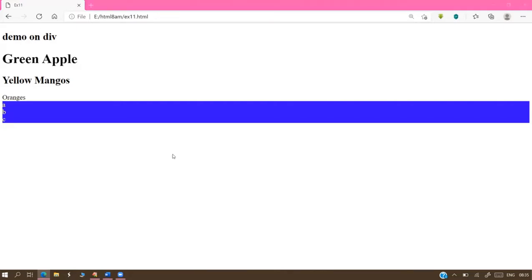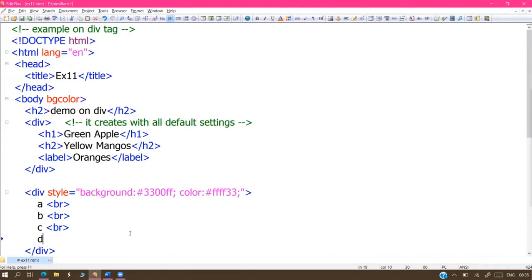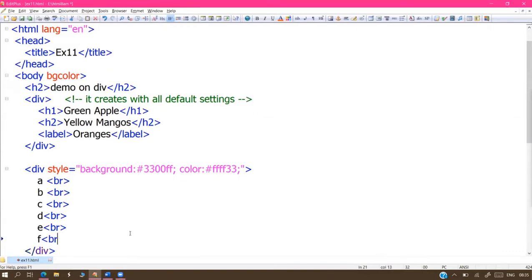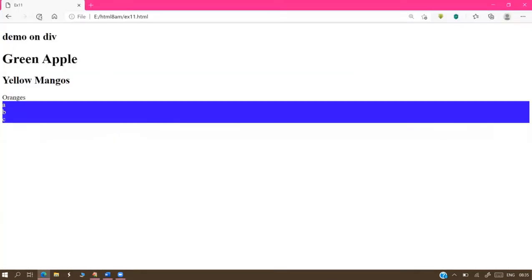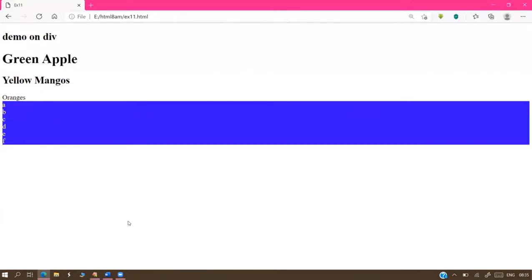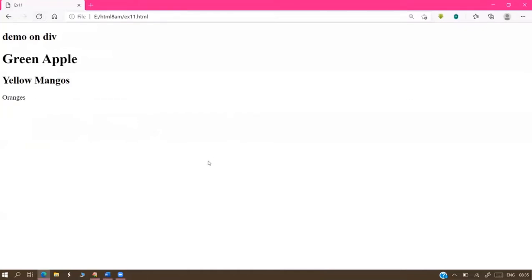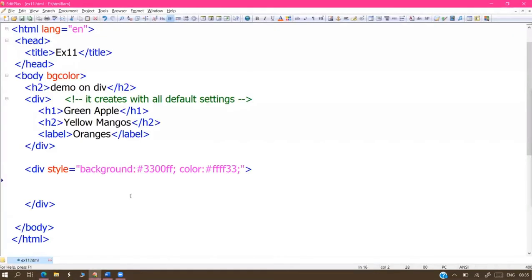Next, the height of the division tag is based on the content. So how much content is available here? That much height is going to increase. Auto fit, that is the matter. See that. If I remove the data, sir, we'll get normal. This also is not available, sir. Auto fit, I said now. There is no content, so no division tag is displayed, but the division tag is created. 100% the division tag was created, but it's unable to display. These are the default measurements of the division tag right now.